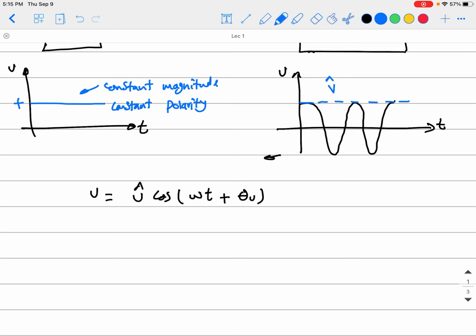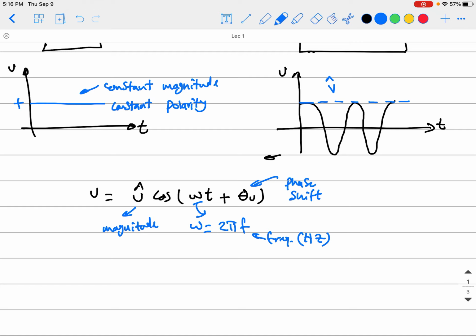It may be a sine wave, it just depends, okay? So this V hat is the magnitude. This omega equals 2 pi f, okay? Where f is the frequency in hertz, and the theta v is the phase shift,